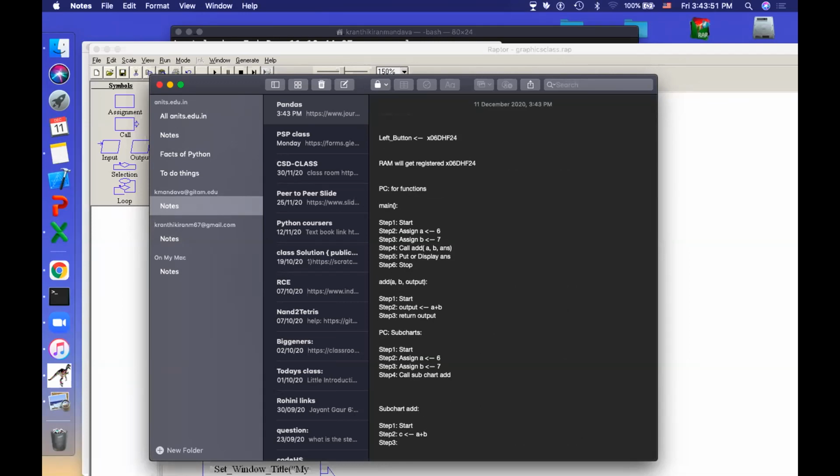you just stop it. Okay, what happens is when you call this subchart add, it will come, start it, and C is equal to A plus B. Stop means it again comes back naturally, and your continuation happens. Step 5. Okay, there is no passing of parameters, and so it is like a continuation only. Subchart is nothing but like a continuation.